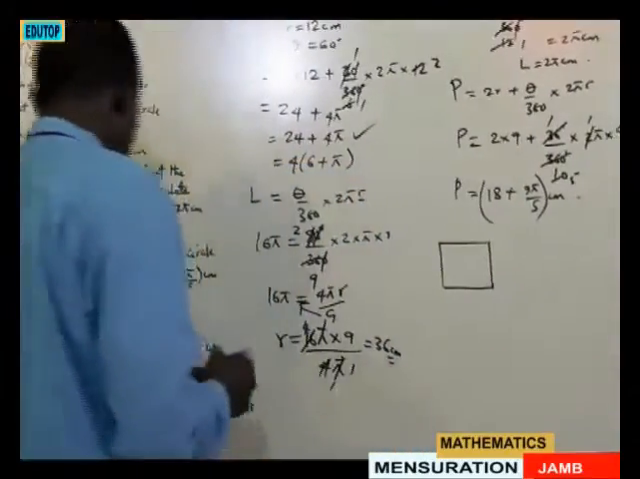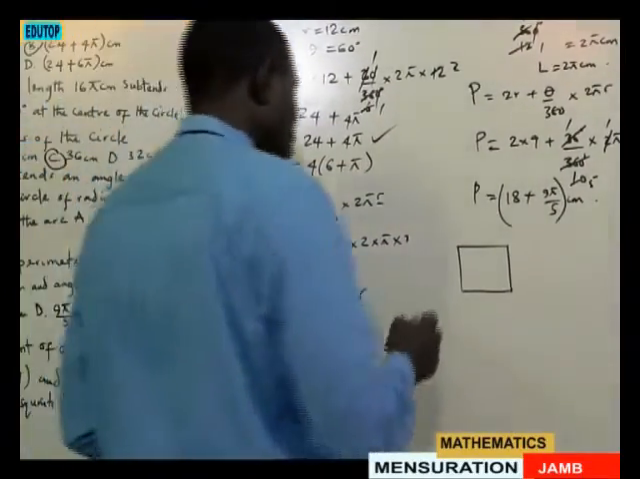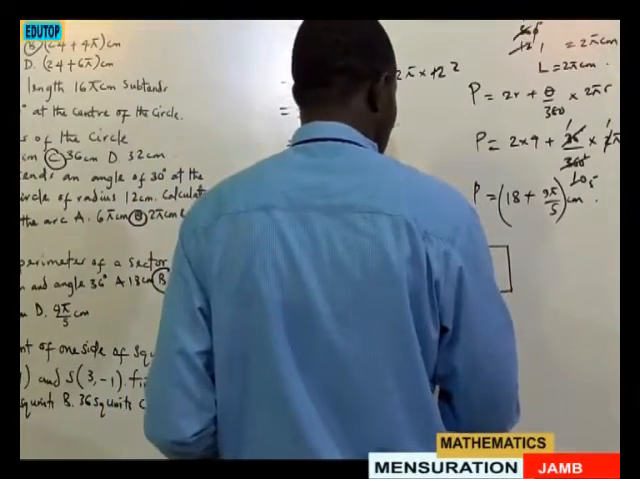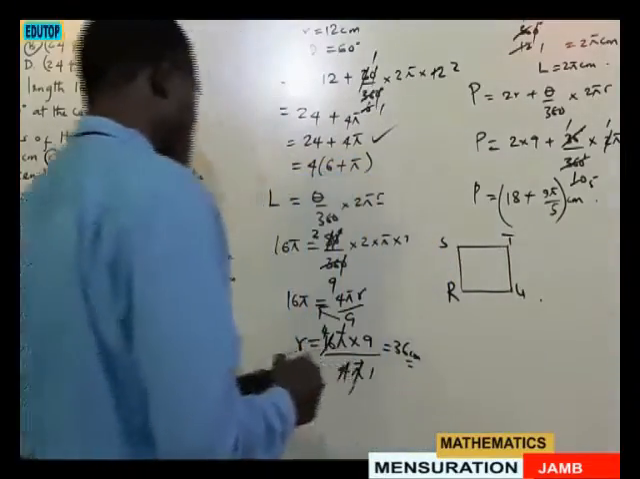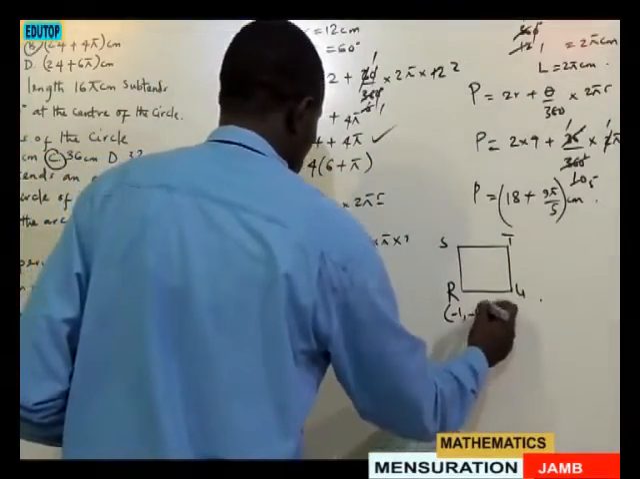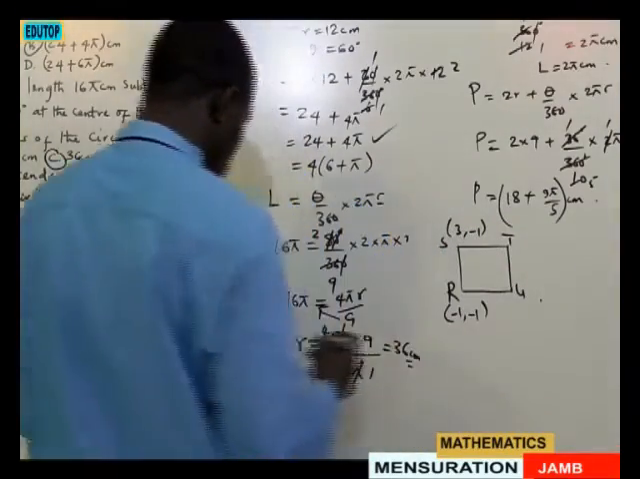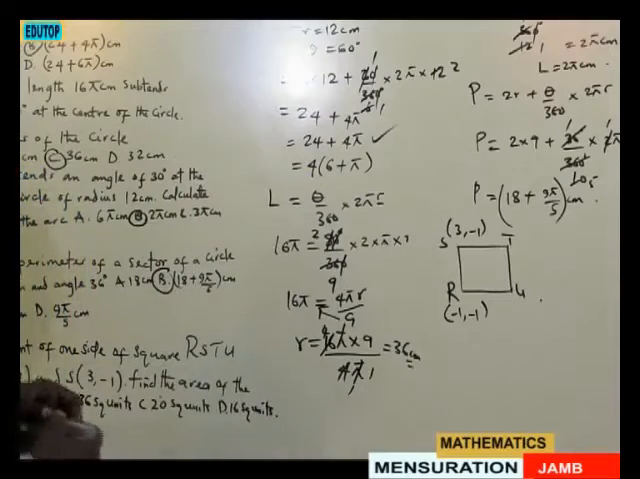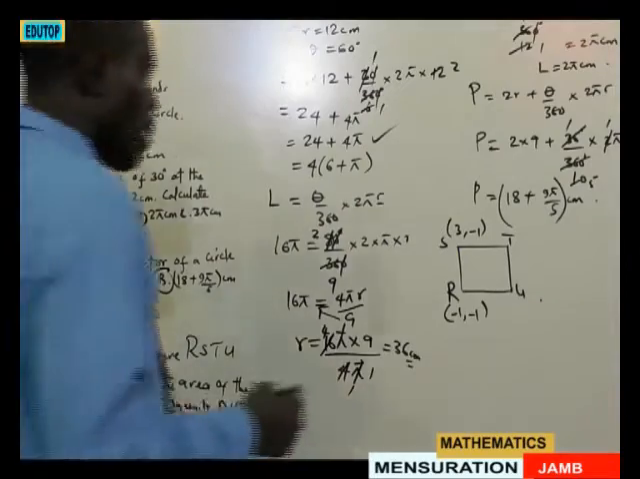Then if this is a square, it is RSTU. You can name it anyhow you want. Let's say this is the square, and the points are given. Point R is given as -1, -1. Then point S is also given, that's 3, -1. So if you have to solve this very problem, the formula for calculating the area of the square given the coordinates of this kind is to employ